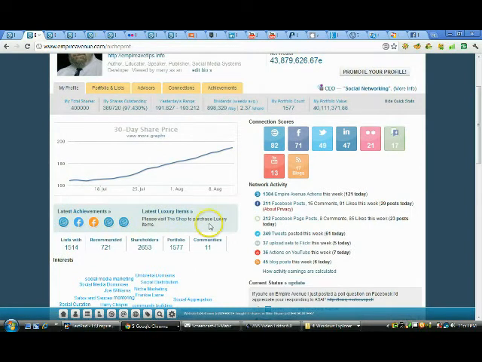Your luxury items will still be here below the graph. You'll notice I am devoid of luxury items. That happens to be an area of the game that I'm not an advocate of. I think it is a glorious waste of eaves and very little return on it. You still have your shareholders, you have your portfolio and information there.